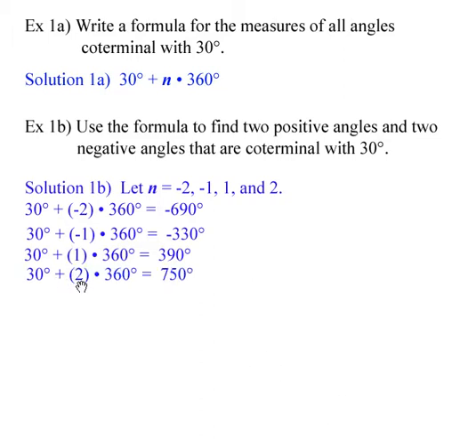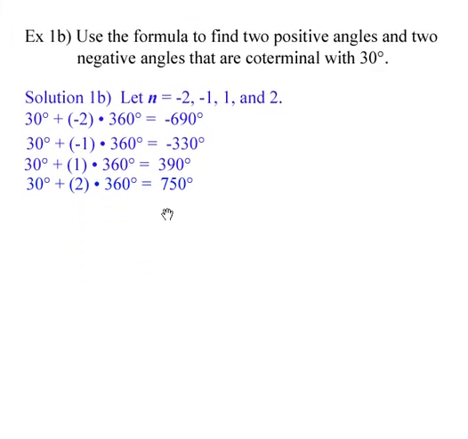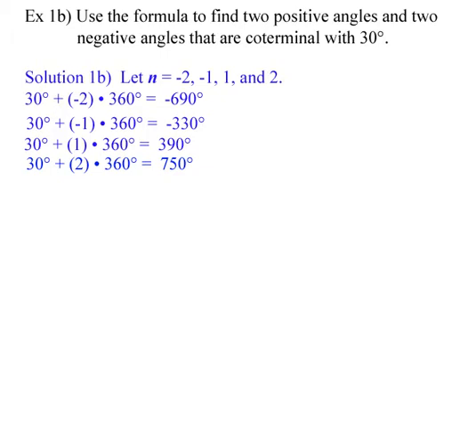Let's substitute in 2 for n. 2 times 360 is 720. 720 plus 30 is 750. So all of these angles are coterminal angles of a 30-degree angle: -690, -330, 390, 750. And remember, coterminal just means their terminal side lies on the same spot in the exact